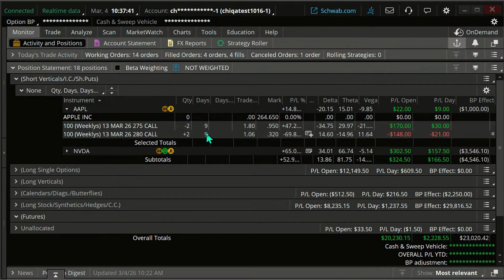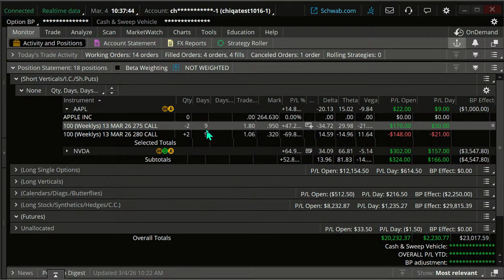Now, let's say we had more than 9 days to go to expiration. What would be the parameters? One, are we still bearish on it? That'd certainly be a question to ask yourself. If the answer is no, we may look to get out. We still actually have a fair amount we can make here. This is still worth about 60 cents. So we have a little profit here, but there's actually more meat on the bone, so to speak. But at this point, I'm going to follow the rules that we use in this class, and under 9 days, under 10 days, we're going to look to get out.